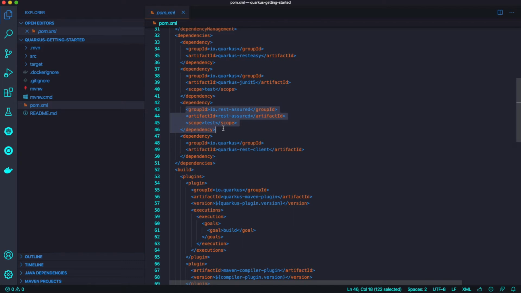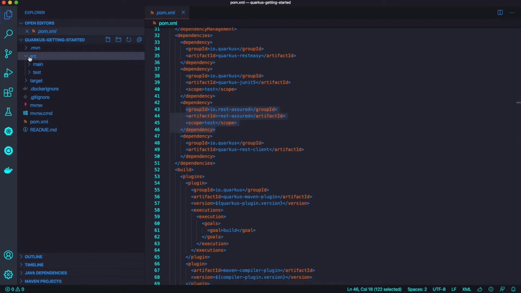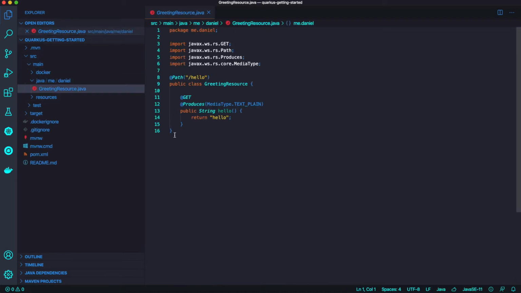If you use Quarkus Tools on your IDE, such as VS Code, just like me, or NetBeans, Eclipse and IntelliJ. This sample application project just has one resource to expose the RESTful API,